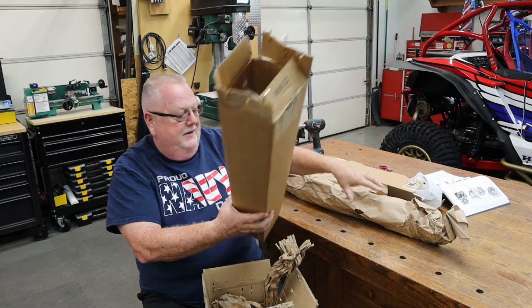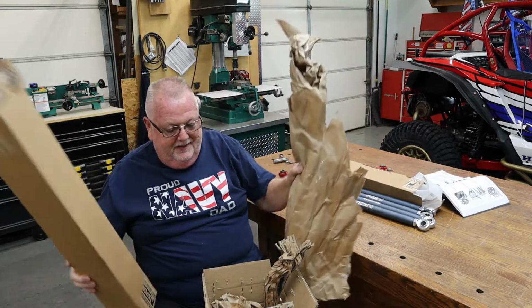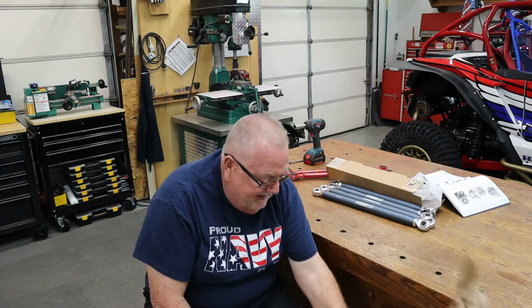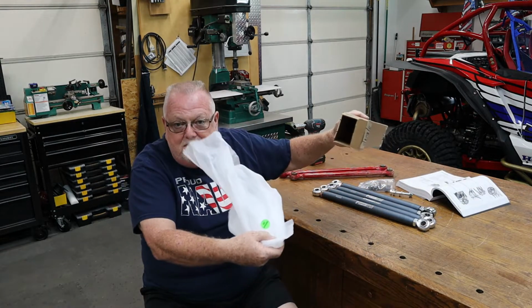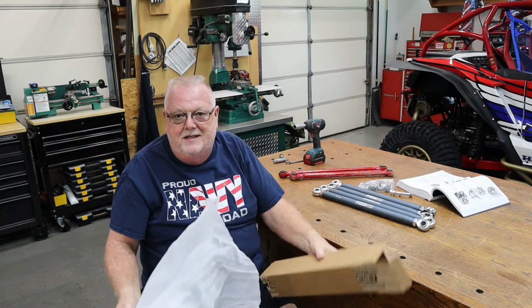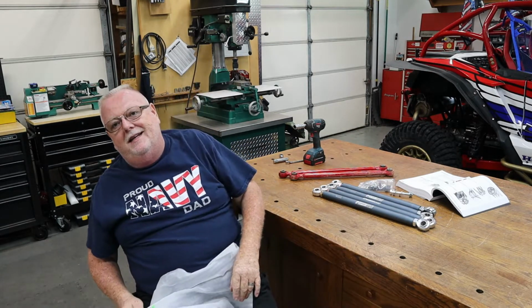The radius rods are in here. Everything's all wrapped up. This is the tie rod ends. They were wrapped in this foam, QC approved even. It's just an amazing job of packing. And like I said, it blew me away so much, I just had to talk about it for a second on one of these videos,